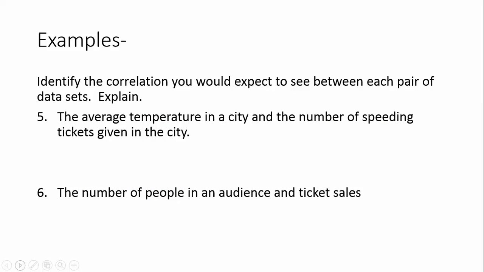So now we're just going to look at some statements, and I would like you to write these into your notes. So if you want to take a minute or two to pause the video and write down 5 and 6 into your notes, and then as we talk about them, write down the answers. So you're asked to identify the correlation that you would expect to see between each pair of data sets, and then also explain. So the average temperature in a city and the number of speeding tickets that are given in